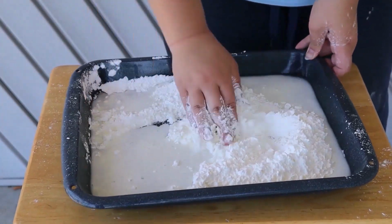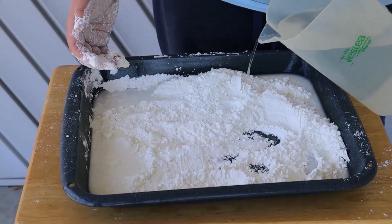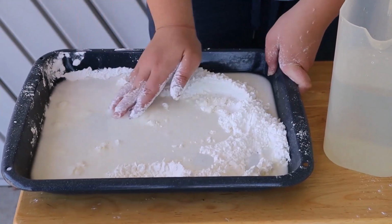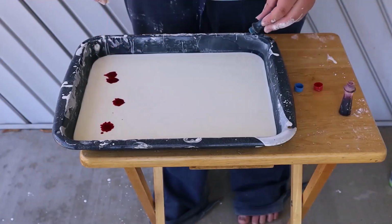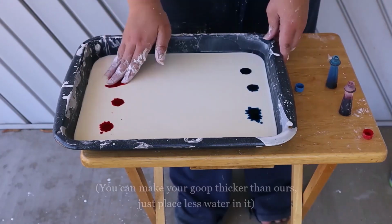You start with 3 cups of cornstarch and then slowly begin adding your water until you reach your desired consistency. We made ours a little runnier this year, but we really liked the way that it felt. We then added the blue and red food coloring and began mixing and creating designs. This was a lot of fun and made the perfect